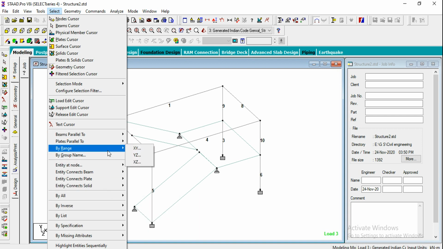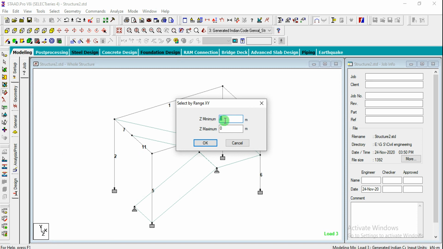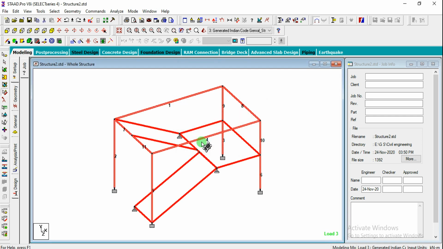This is one method. And by range, if you want to select by range of the XY plane, you can go for XY. So the Z is 0 here and the maximum is 5. In this direction it is 3, the next direction it will be 6, it will be 5. So in Z minimum 0 and here I'm going for 3 meters and click OK.